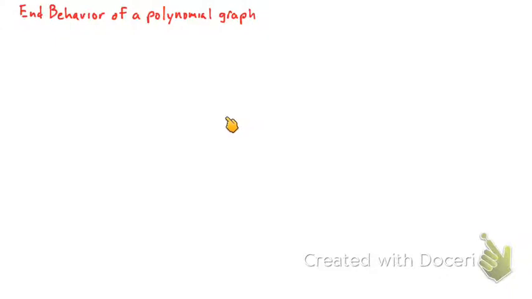Okay, guys, we're going to be talking about polynomial graphs this week and what we call end behavior. End behavior is an idea that will help us graph these polynomial functions next week when we start graphing these things. So what is end behavior? To put it simply, this is not the direct definition, but to put it simply, it is